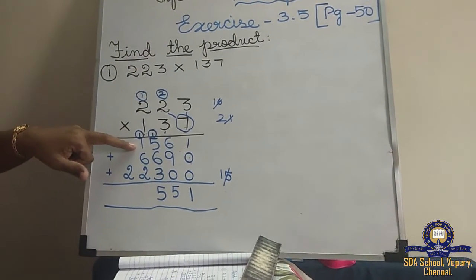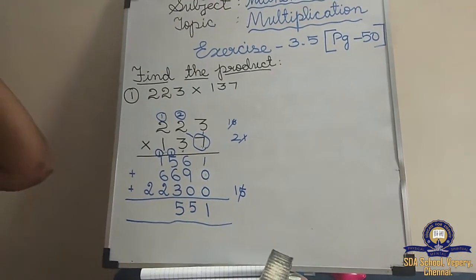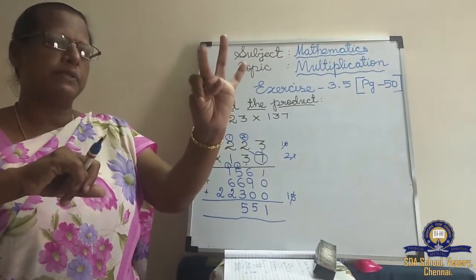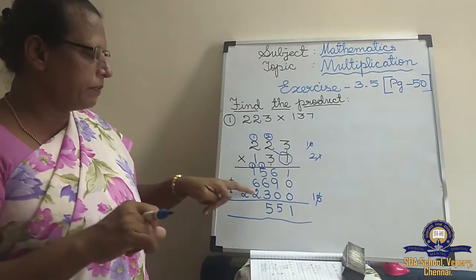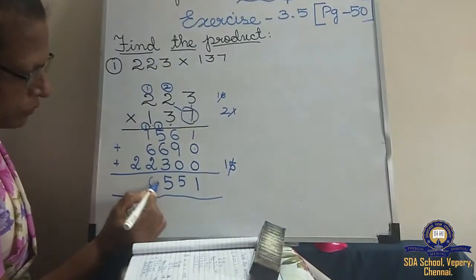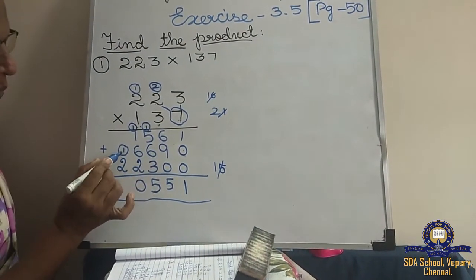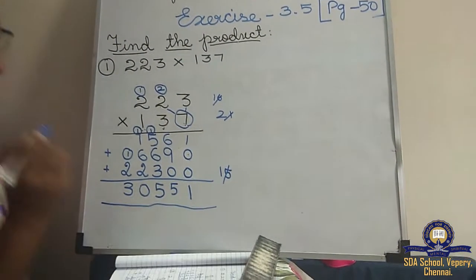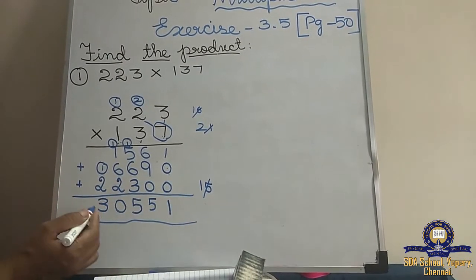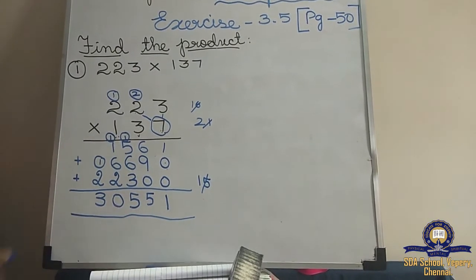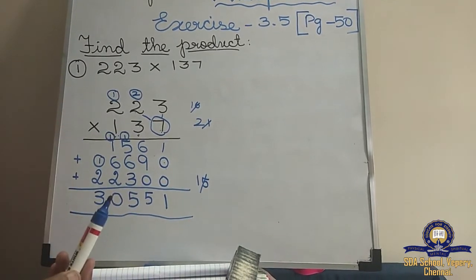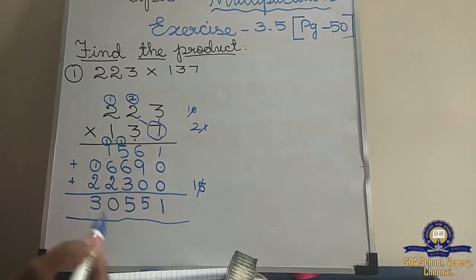1 plus 1, 2. 2 plus 6: 2 in the mind, 6 on the fingers. After 2, 3, 4, 5, 6, 7, 8. 8 plus 2, 9, 10. So put 0 here and 1 here. Now 1 plus 2, how much, children? 3. So what's the answer? 30,551. Are you thorough, children? Don't forget to put the zeros, otherwise the sums will be wrong. Okay, we'll do the second sum.